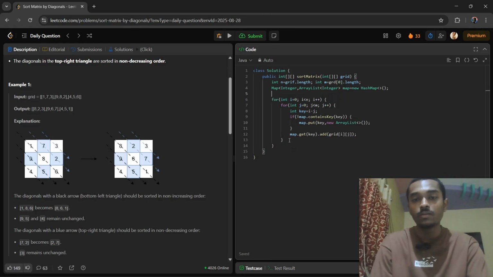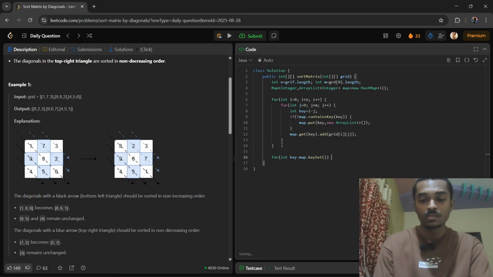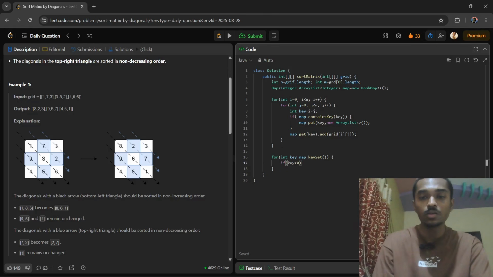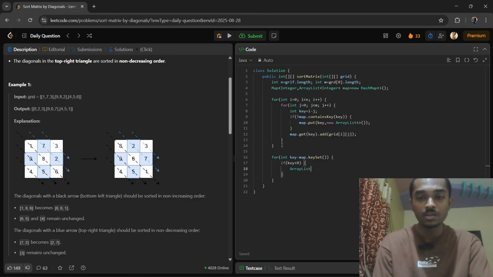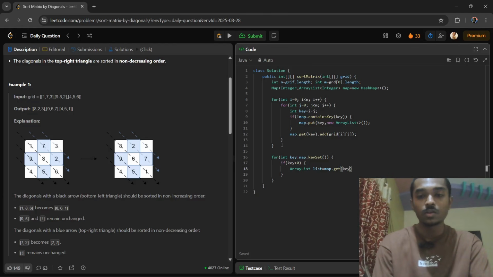After that we need to traverse our key set, map dot key set. If our key value is less than 0, we take that array list. Let's say this is list, and this is map dot get key. When we get the key, we have to sort this in increasing